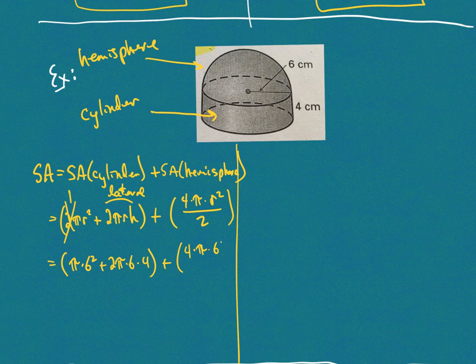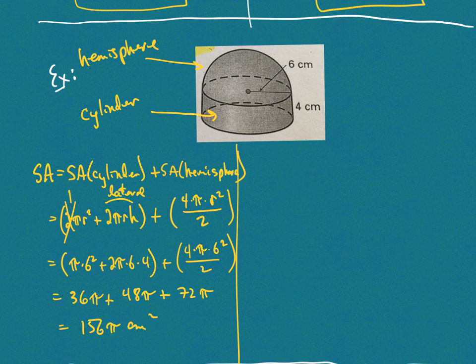Again, replacing radius with 6. So we can simply input those values and we're all set to go. What we'd have then is 36 pi plus 48 pi plus, let's see, what would that be? 36 divided by 2 is 18, so 72 pi. And so 36, 48, and 72, what does that add up to? 36 plus 48 plus 72 would be 156 pi